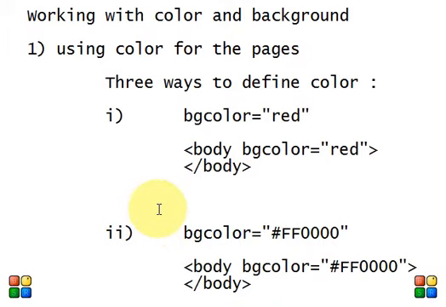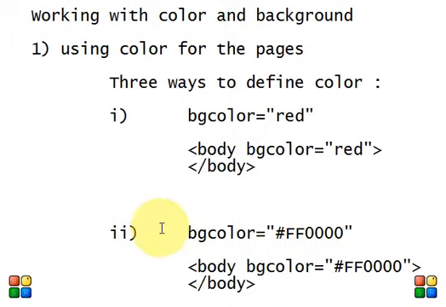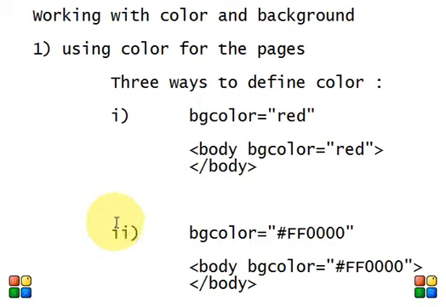For this tutorial we are going to prepare a new HTML file.